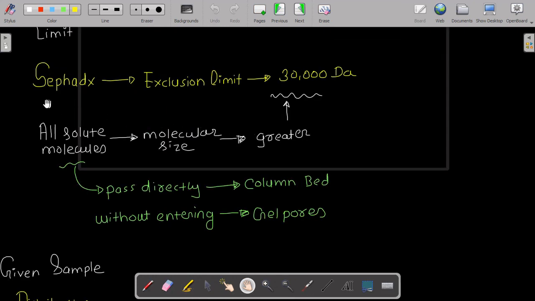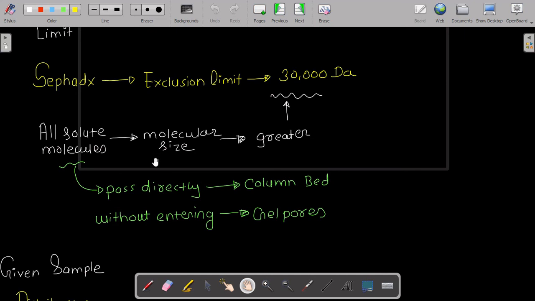So this Sephadex has an exclusion limit of about 30,000 Dalton. All the solute molecules whose molecular size is greater than 30,000 Dalton will pass directly through the column without entering the gel pores. If your molecule has a molecular size less than 30,000 Dalton, then it will enter the pores of the Sephadex,